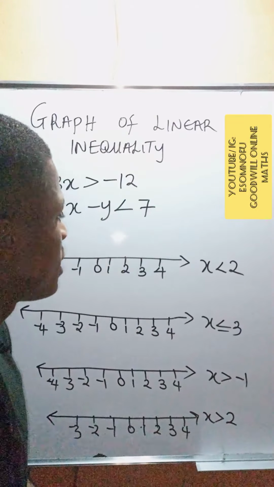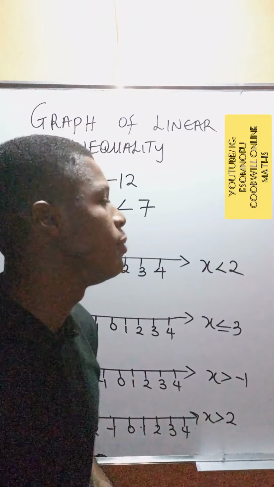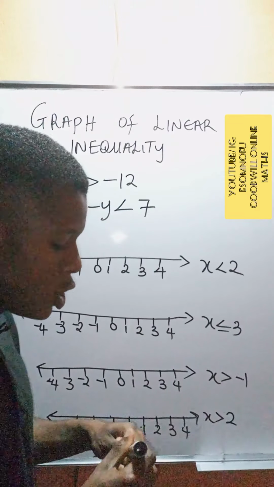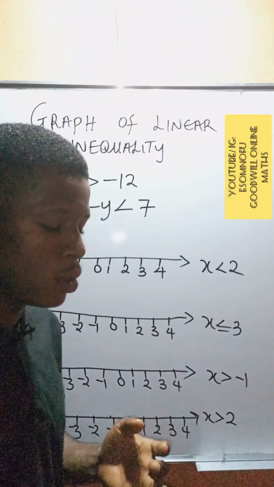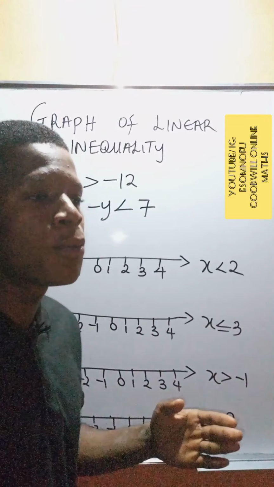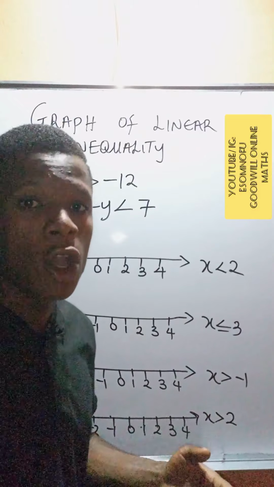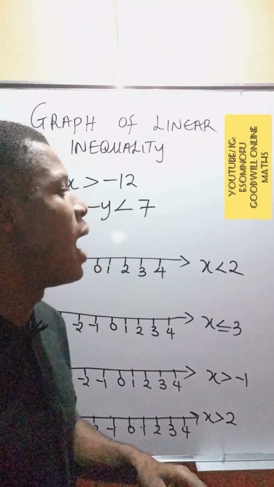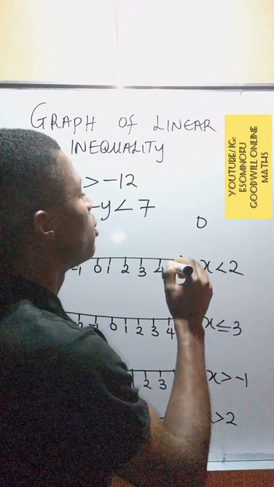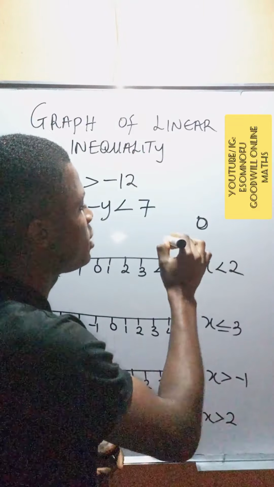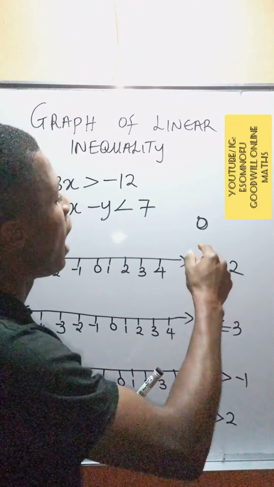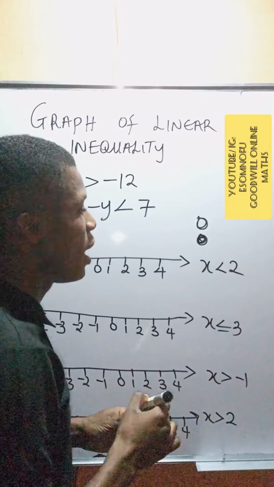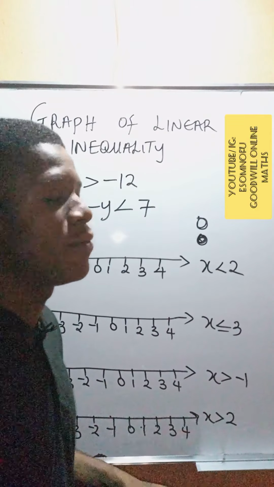line. To represent this linear inequality on a number line, as we have that x is less than 2, we take two things, an arrow and a circle. The arrow represents the range of values of x or y as the case may be, depending on what we use to represent our variable. And the circle like this represents, if it is an empty circle, it shows that the number at the top of the circle is not inclusive. But if the circle is shaded like this, that means the number in question is inclusive,